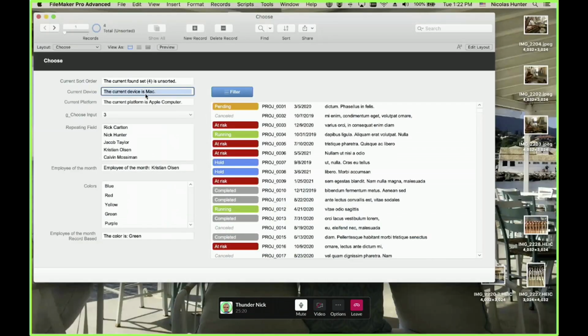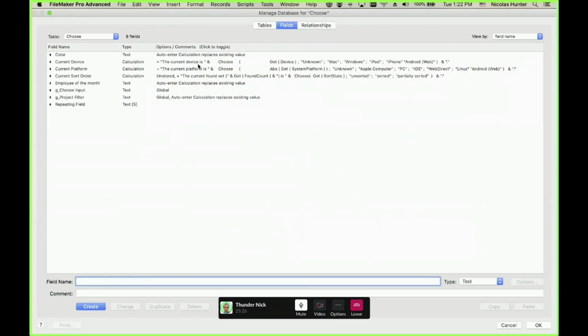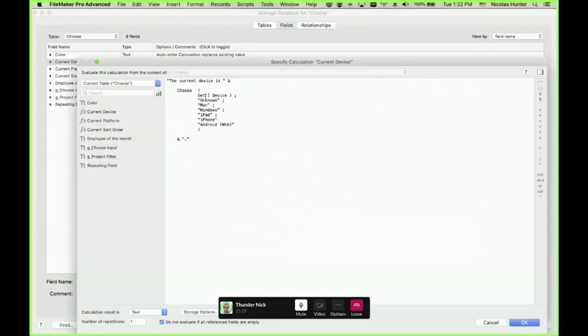Another demonstration here is, okay, the current device is Mac. Cool. But the get device doesn't return Mac. It returns 1. That's what it returns. But I don't want to say, your current device, by the way, is 1. I know what 1 means, right? No, you want to turn what the get device returned into something humanly understandable. Not to mention also that choose is the king of the functions when you are in a multilingual environment, for obvious reasons.